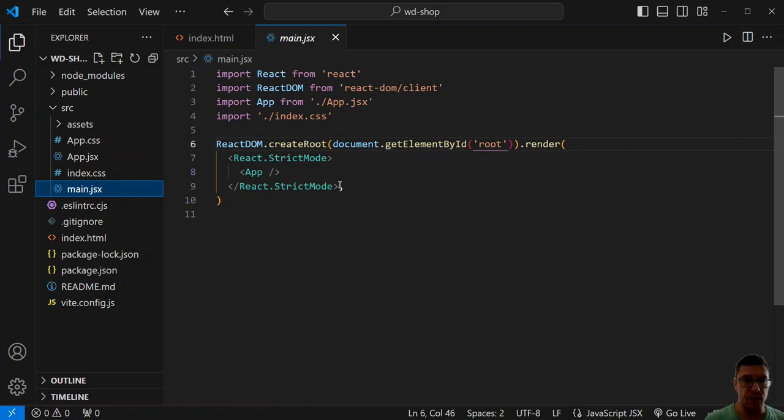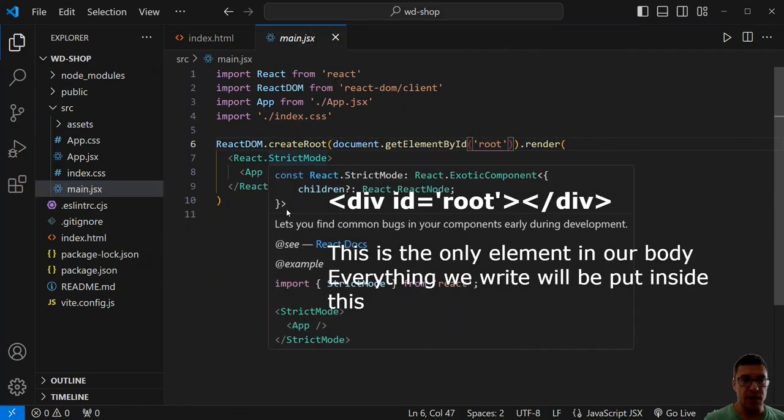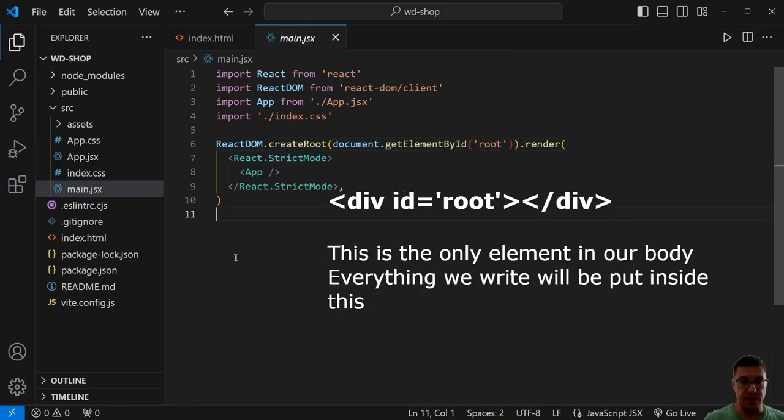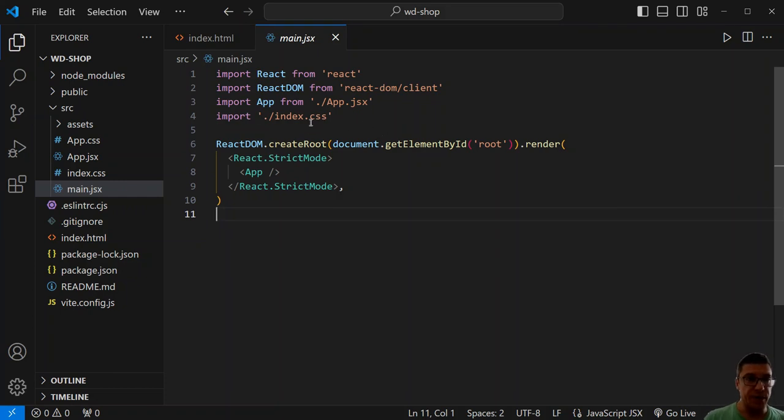This is where we grab the element by the ID of root, and everything we do with our code is put into that element, which will be displayed on the page. You will see later on. I'm not gonna touch this. Here we import also index.css. I'm not gonna touch this file. Instead of that, we will be focusing on